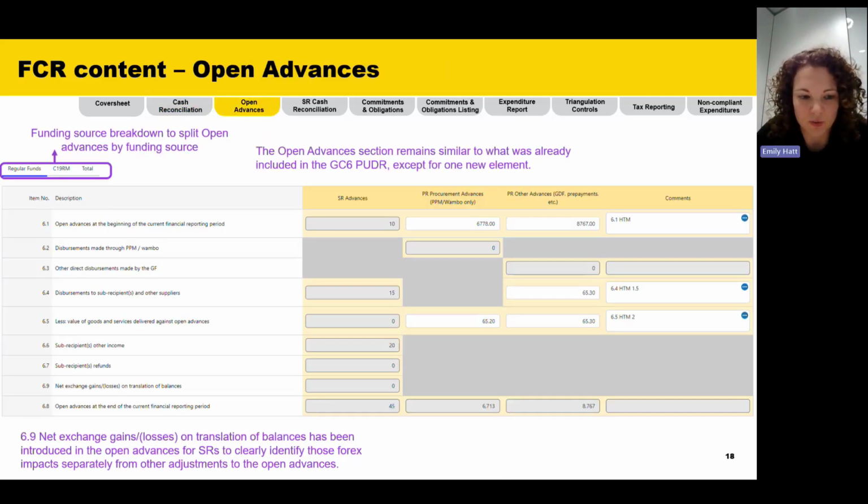So moving on to open advances, this is similar to the PUDR. Something to highlight at the top left-hand corner is the toggle between the funding sources. So you have your regular funds and then a separate tab for C19 and then another tab which will show the totals. So something else to note here is line 6.9, which is automatically filled from information on the SR